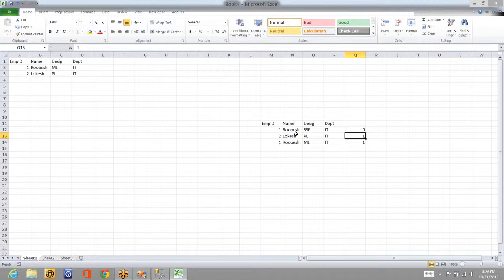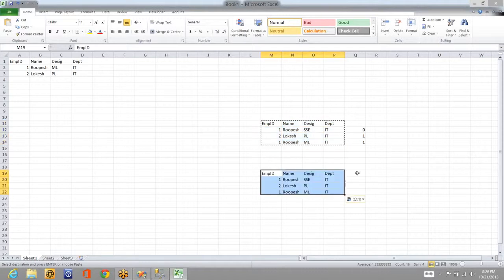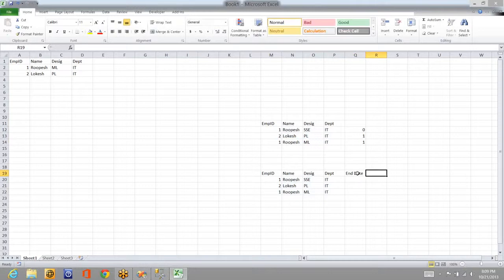Instead of 0 and 1, you can do one more thing. Copy the same way, and an even better option is this one: start date and end date. So from when to when he is, like let's say 6th December 2010 he joined as SSC and it ended on 15th May 2012.